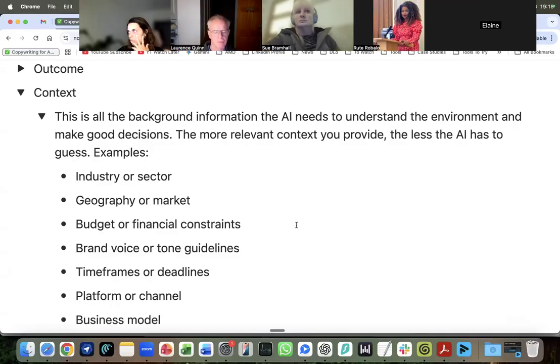The more relevant context you provide, the less the AI has to guess. AI is okay at guessing. It's getting better, but guessing can make you frustrated. That's the other thing. In fact, until I came on this live, I've been very angry with AI. I'm trying to sort out this brochure, and I've been using Manus and Canva and Gemini and ChatGPT, and none of them are working. So you don't even want to see my last lot of prompts, what I've been saying to it. So you want to try and avoid all of that,